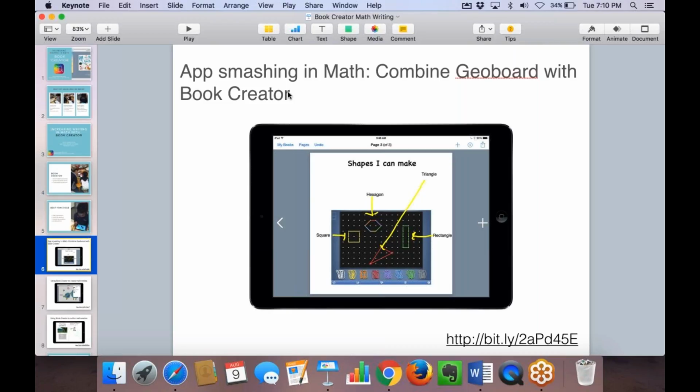So we're going to talk more about this Geoboard tool, the Geoboard picture that you see on the page here. But right away you see some of the great things that her students are doing that we're going to break down a little bit. So having images on the page, labeling, using the drawing tool to point out different things. So lots of different options for really thinking about how you can use Book Creator to get students thinking and